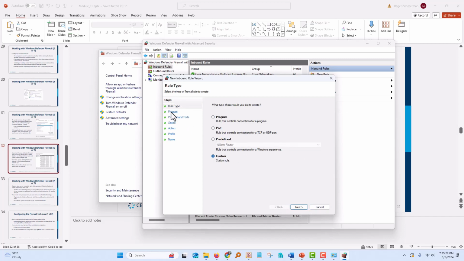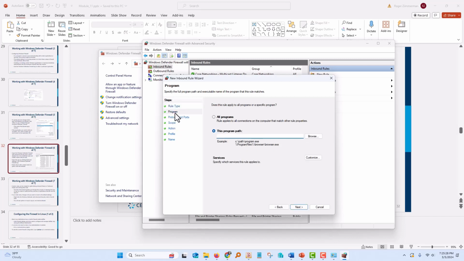So here again, you can see as I go down this, I can set by program, by protocol, or port. I haven't set any of those, but I can set the scope, the action, and so on. So I have several different things that I can set as I set up this firewall. And I'm not going to go through one right now, but you'd see I would have to define each of these items as I go, and it won't let me look at them unless I actually choose one. So I'm not going to go through that right now, but